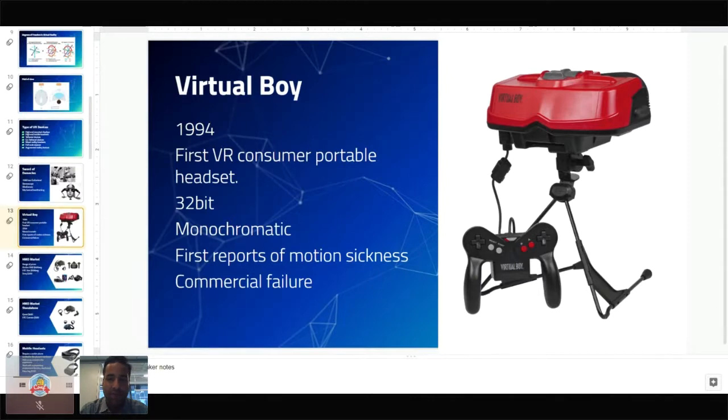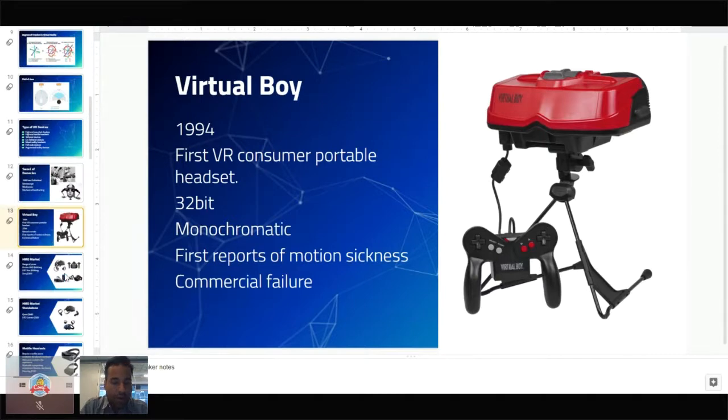I remember the first time that somebody brought this to my school, it was a complete sensation. But it was very basic, and it brought to light one of the biggest challenges of VR, which was motion sickness. People started getting sick from using virtual reality. And eventually it became a commercial failure. It was a product ahead of its time, and it didn't really have a market yet.